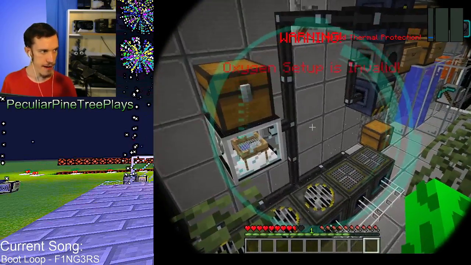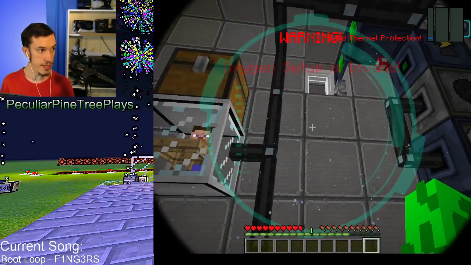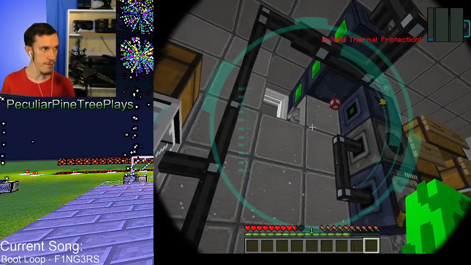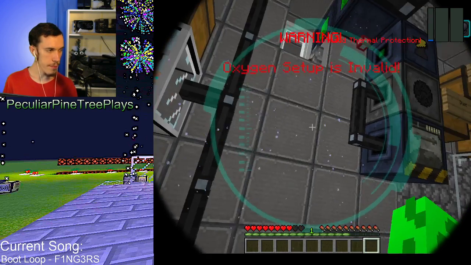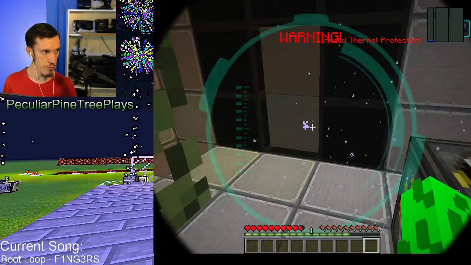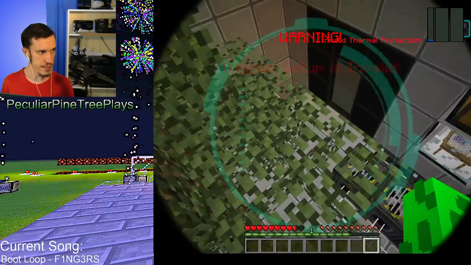So, we have the oxygen. This time it's coming from a different direction. It's coming up. Why is it coming from up above? That's weird, because it should be going up above, unless it's just going up and back down. Okay, so it looks like it's all heading over this way. Nope, that goes into the...